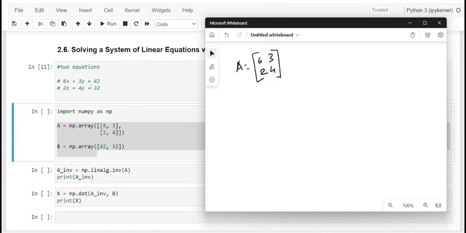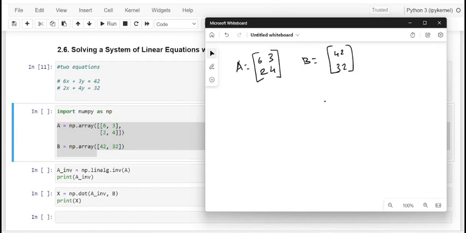And of course, the vector B will be a vector of size n, where n is the number of equations in the system of linear equations. The values in the vector B will be the values on the right side of the equal operator. Kindly have a note of it. This is the given B, which we are going to make as 42 and 32. So this is the exact value.